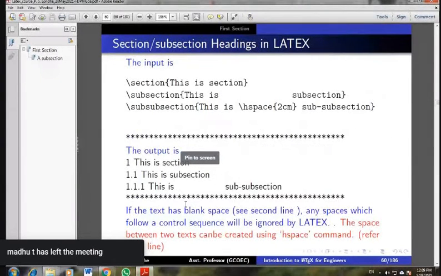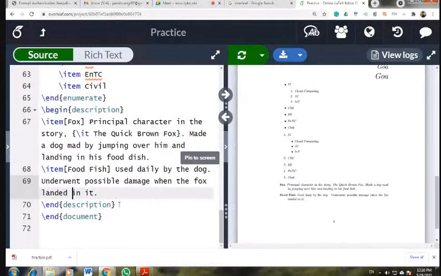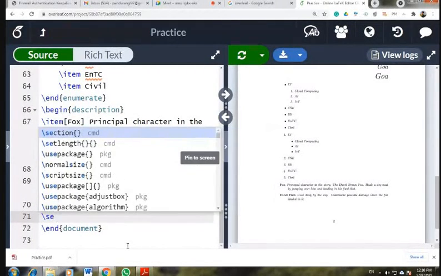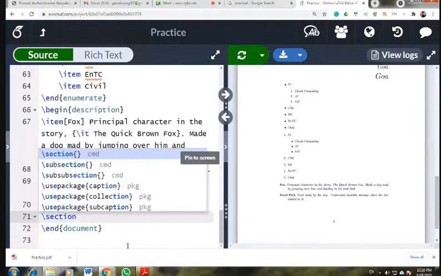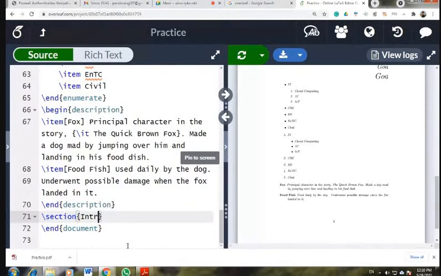Okay. Now next is creating sections and subsections, because mostly in paper writing or in thesis writing, you have a main section, then a subsection, then a subsection may also be possible. For example, I will create here. First is how to create a section in a paper, by using the section command. The main section, let us say Introduction, is a section.